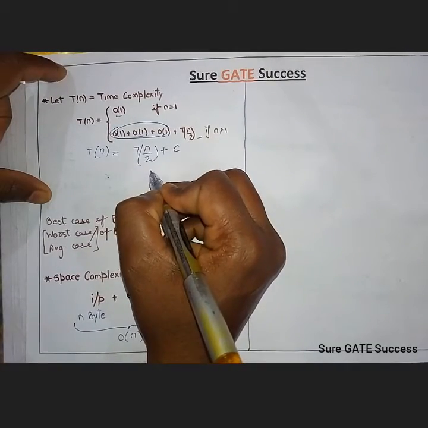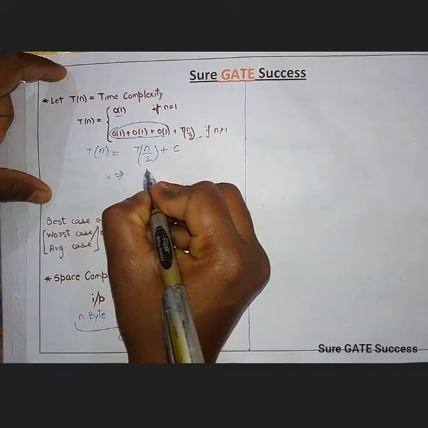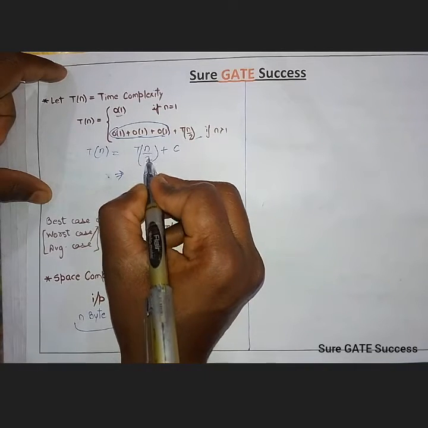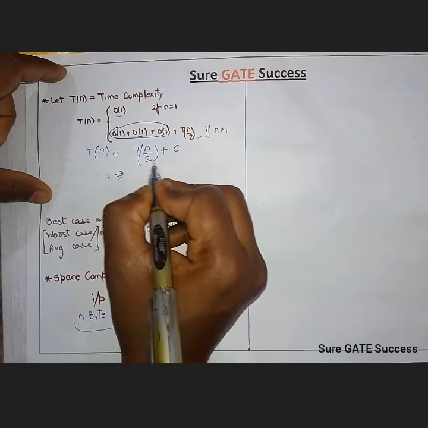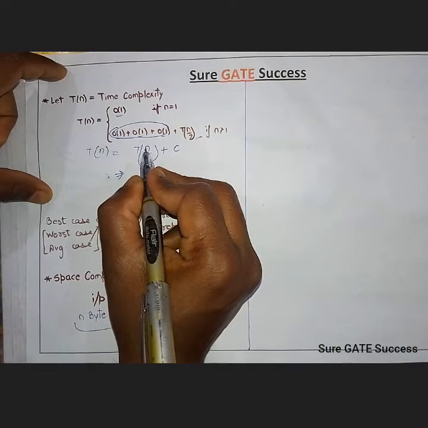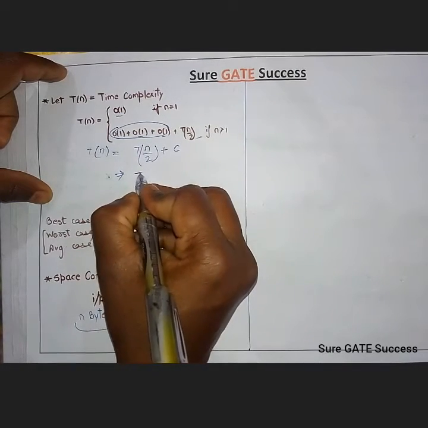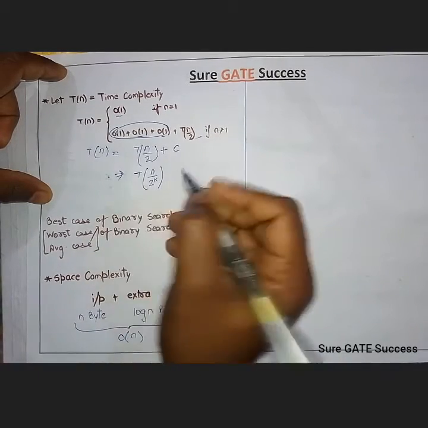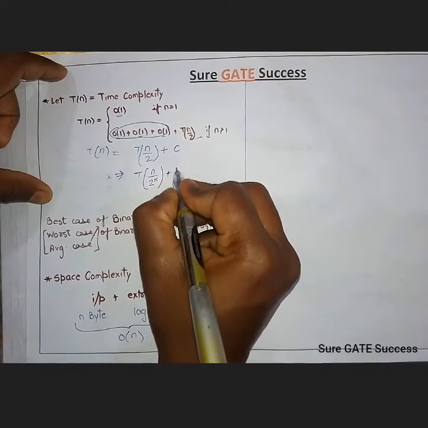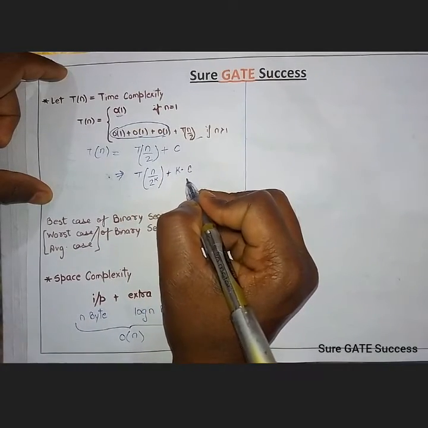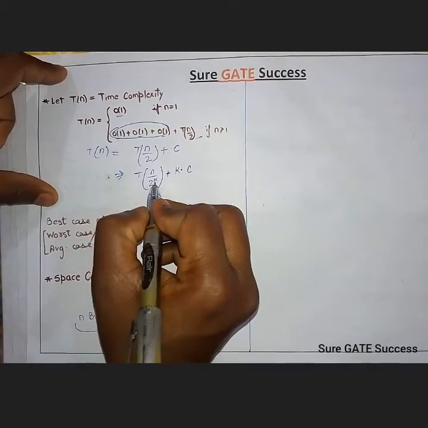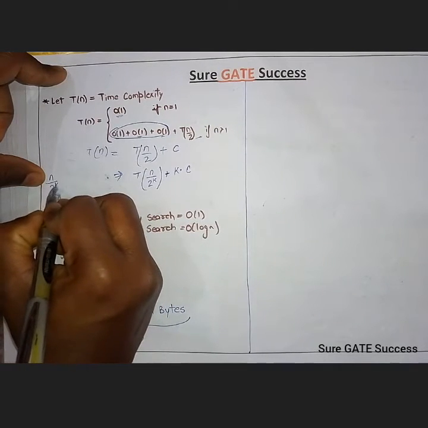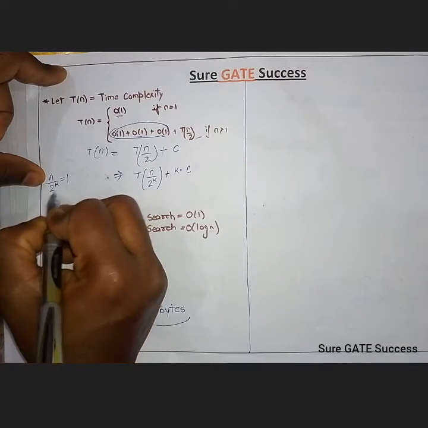You can use the substitution method. What we will do is put n/2 in the place of n, and we will get n/2 to the power 2. Then we again put it here, and we get n/2 to the power 3. So we can write it as T(n/2 to the power k) plus c, k times. Here we have to make it 1. So we take n/2 to the power k equal to 1. If we solve it,